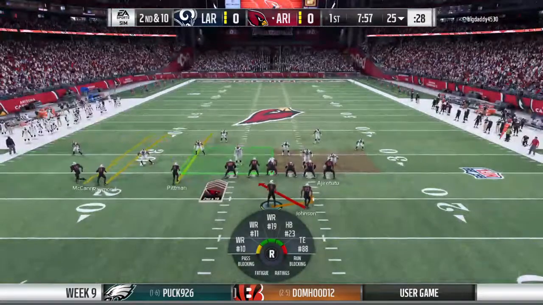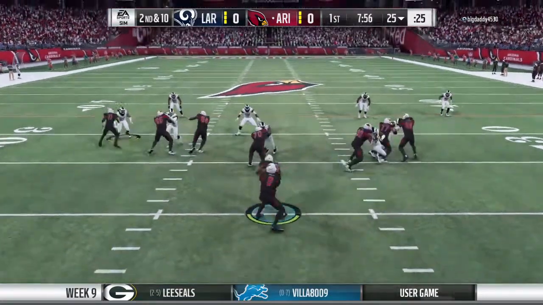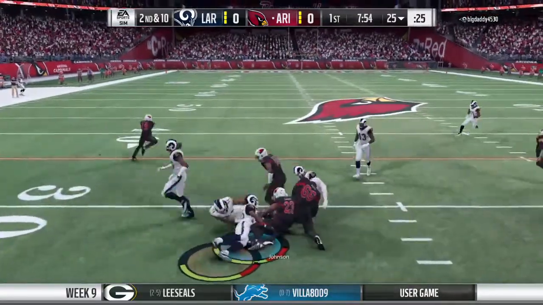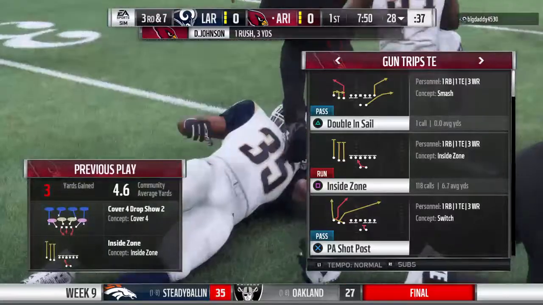Tight end to the right, boys. Tight end to the right. Move. Hurry up. Here we go. The first carry now. This is Johnson. Call it about a gain of 3, and they'll be looking at a 3rd and 7 coming